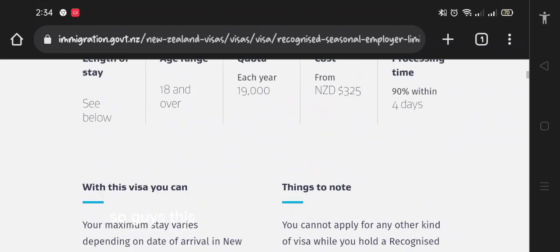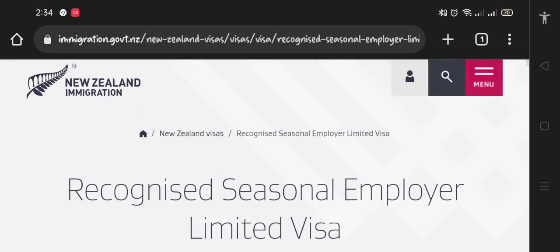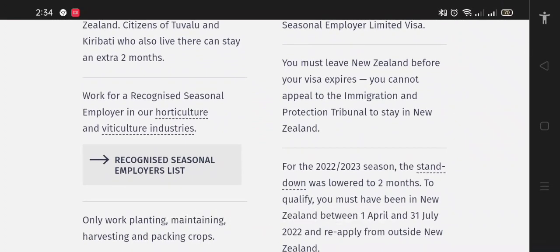So guys, this is an opportunity that has come up, and it's a very good opportunity for anybody in Kenya who has been wanting to move abroad, probably you have not won your green card and you're looking for multiple options of going abroad and working. This is also another opportunity that you need to take advantage of. It's a really nice opportunity for you guys. You just need to have a good CV and know how to communicate, and just believe in yourself and apply